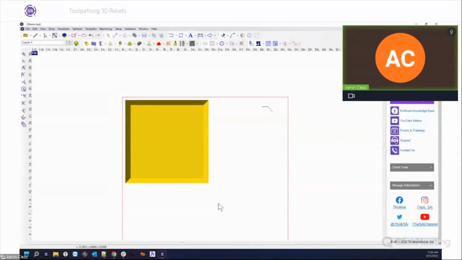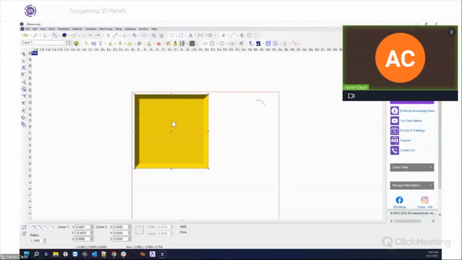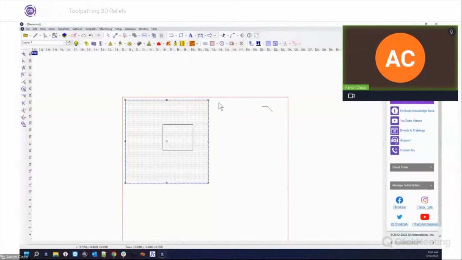Now I'm going to grab my object here, and we're going to do what we call masking. Masking basically means I'm going to take an object or a contour and mask my toolpaths to that contour. So for example, I'm going to grab a square, draw it in the middle, and let's take our 3D off. And when I highlight both my relief and this contour